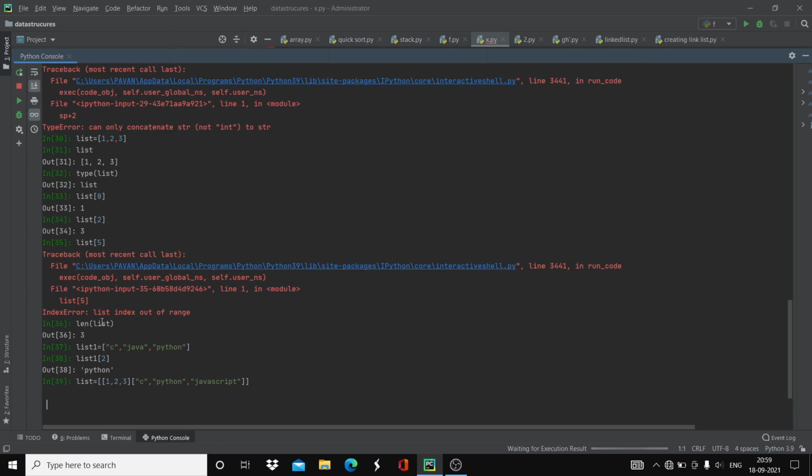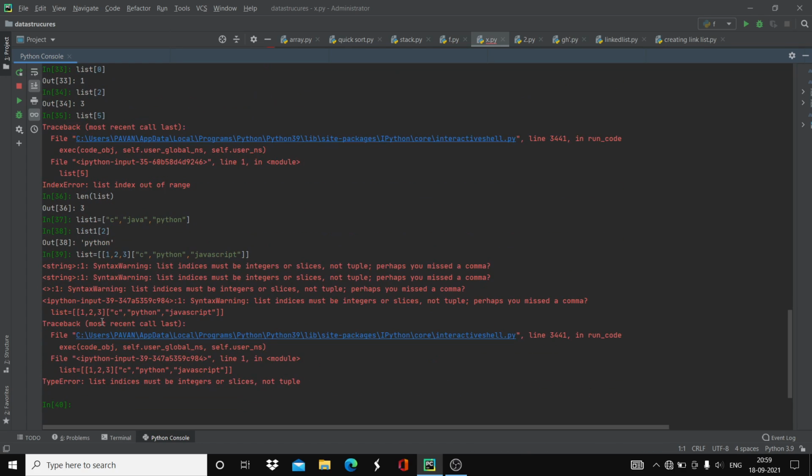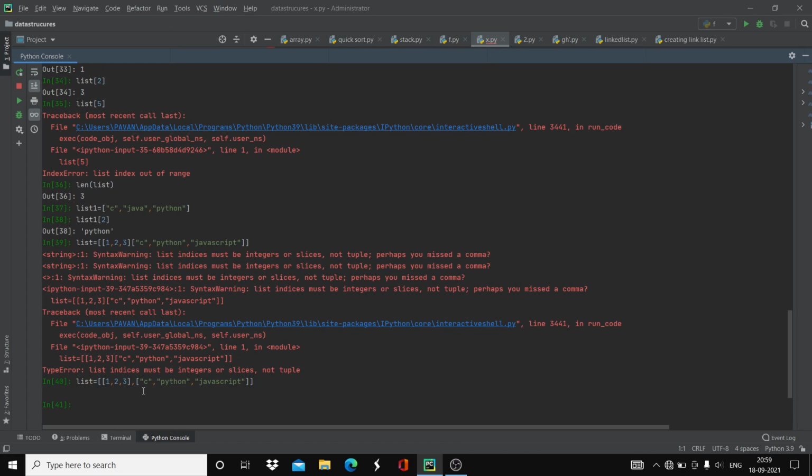Let's see, the error says: list indices must be integers or slices, but not tuple. It is showing that it should not be a tuple. Actually, we should give a comma when separating the lists here. Since we missed the comma, it displayed a type error saying that list indices must be integers or slices.